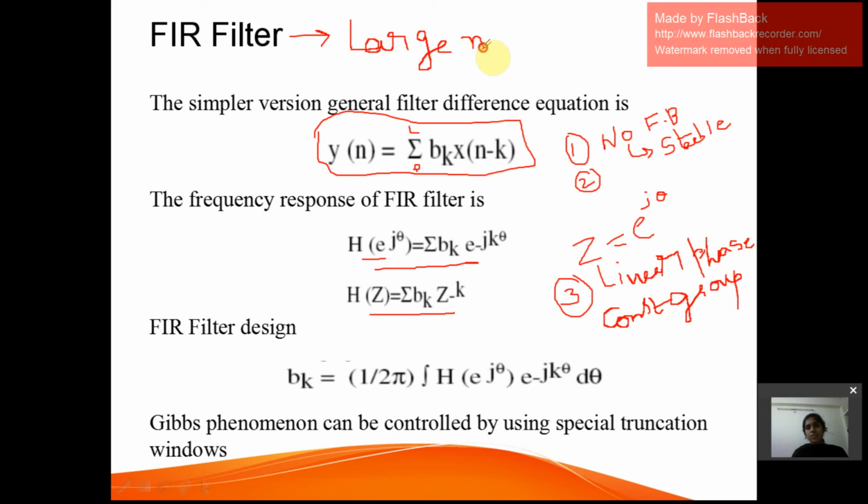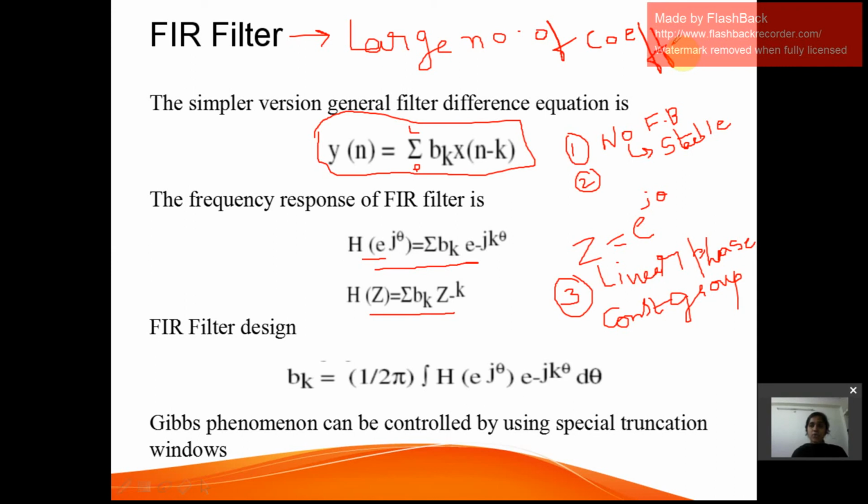it has the disadvantage that a large number of coefficients are required in the realization of this filter. As there are a large number of coefficients, obviously the computations are high. The time consumption for computation is also high. If the time is more, the speed is less, obviously. And the larger the number of coefficients, the larger the computation time, limiting the sampling rate as well as the bandwidth. These are some of the disadvantages, like a large number of coefficients.